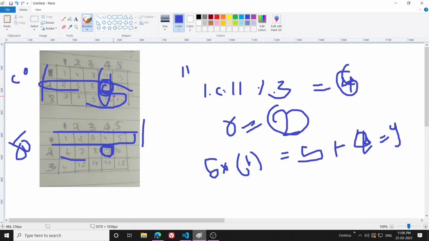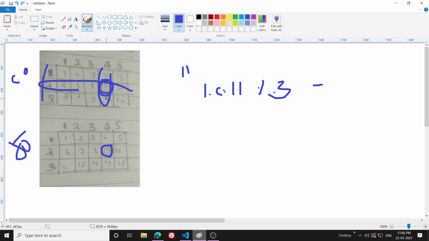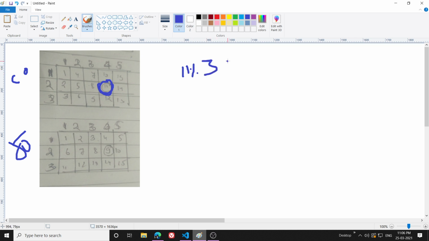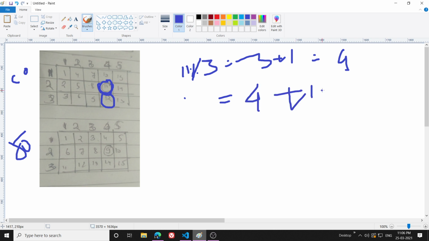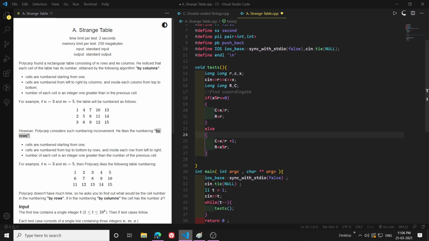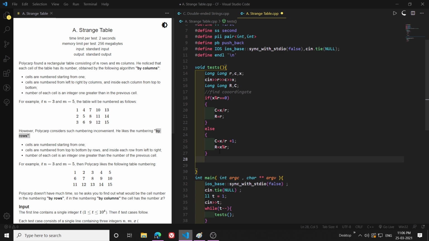It is because, see, let's get back a little. In case of 11, if I have to find the row, it will be straightforward. 11 divided by 3 will be 3, and I am adding 1 to it. Okay, so the row is going to be 4. But in case of 12, 12 by 3 will directly give me 4. So if I add plus 1, then my row will be 5, but that is not the case here. That is why for all the elements in the last row, I have to make a special case. So I have to write a basic else condition. You can easily find it out by just writing it yourself.